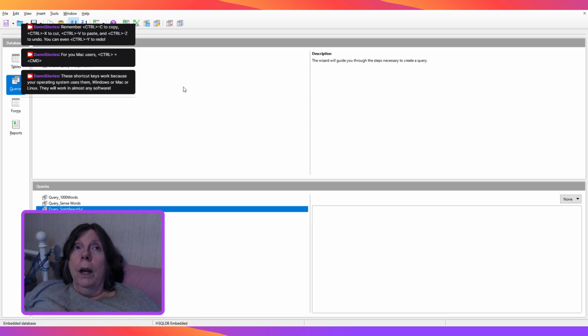Now, with queries, you can't alter the query by trying to edit the words in the query. A query is just a display of the data. It's like a picture. You can't alter it. You can just look at it. But you can copy from it. Now I'm going to go to the table itself